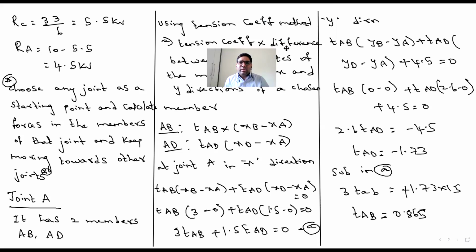Continuation I will teach in the next class so that it becomes easy for you to understand. Tension coefficient is equal to force by length, correct? So how do we get the force? Force in the member AD by length of AD is equal to TAD. We know TAD, we know the length, so we calculate the force. See how simple this method is? Just one formula and a coordinate system, and we get forces in the members of the whole truss.